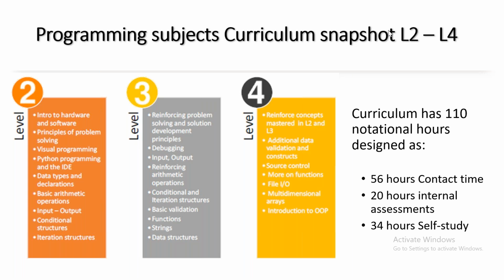Okay, so let's have a quick snapshot of the programming module. The programming module is a very important subject in this programming and robotics program itself, right? So you all know that there are four. Actually, there are three compulsory subjects to choose, and for the fourth one, the college gets to choose which one is more convenient for you all.